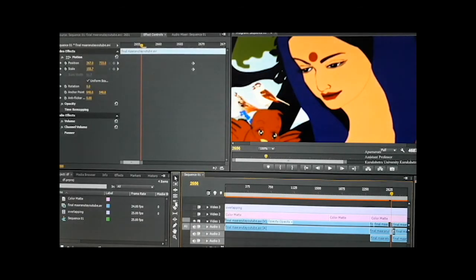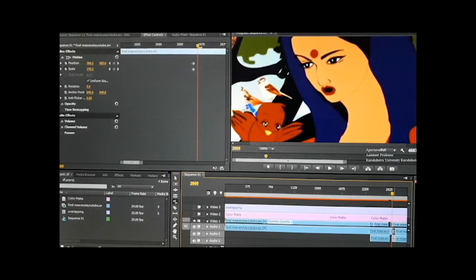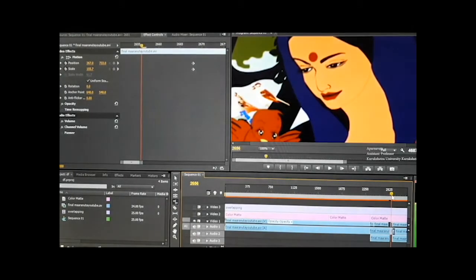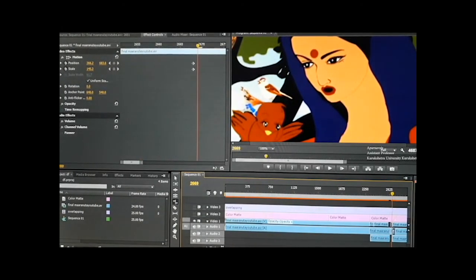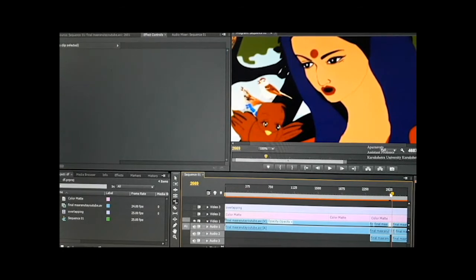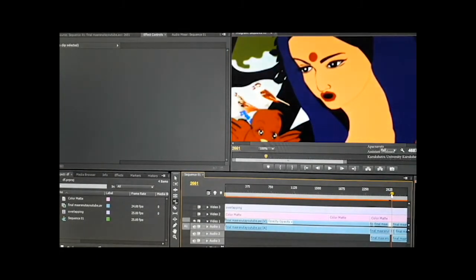Now this scene and rate stretch. You can use rate stretch also if you want to extend again and again, and duration also you want to extend, and you can use this.